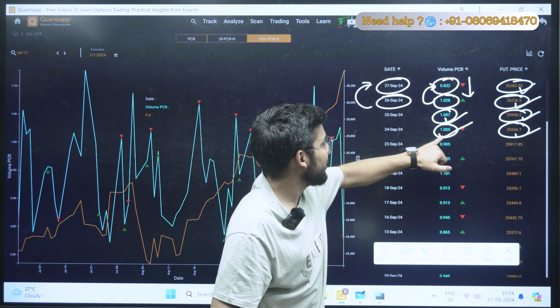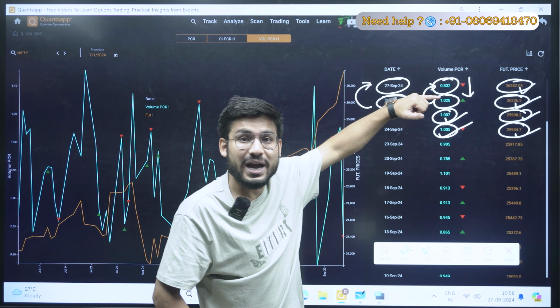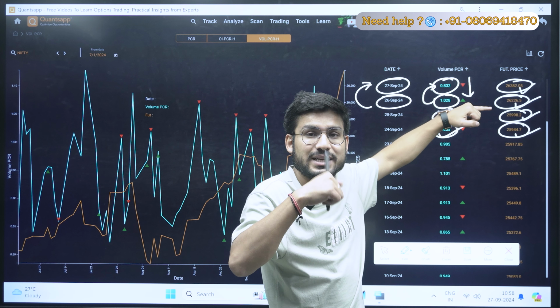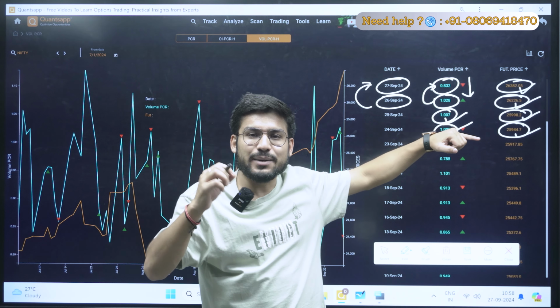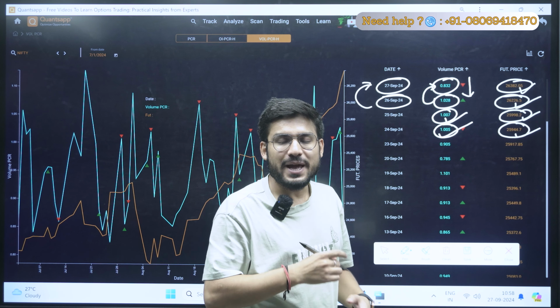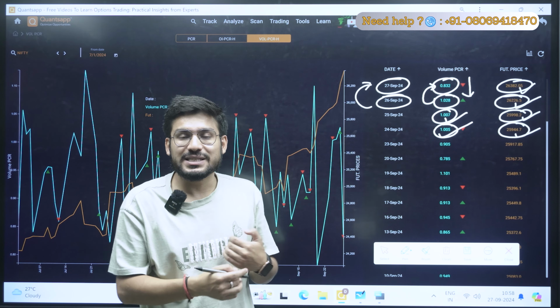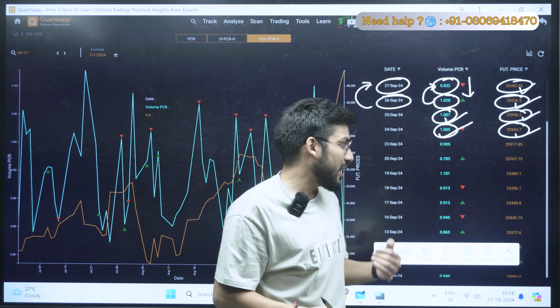Okay, so whenever I will analyze that my volume PCR is greater than 1 and it is constantly increasing, so at that time what I can do, I can go for my selling side। अगर मेरा volume PCR increasing, so I can go for the selling side, कि at that time I can buy put also that my price will decrease। okay, and same vice versa, अगर volume PCR will decrease, so at that time I'll go for the buying side।